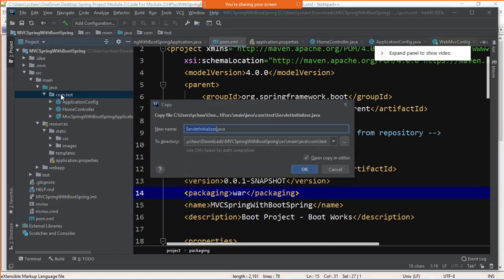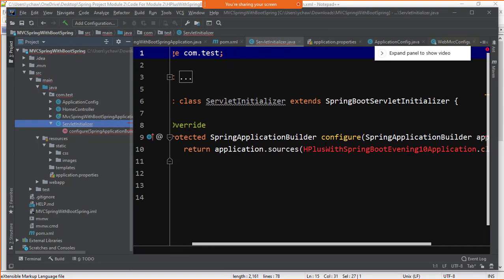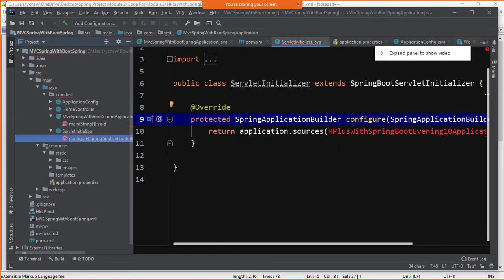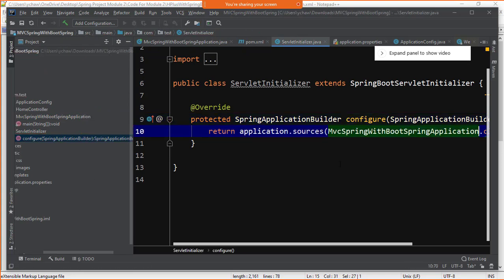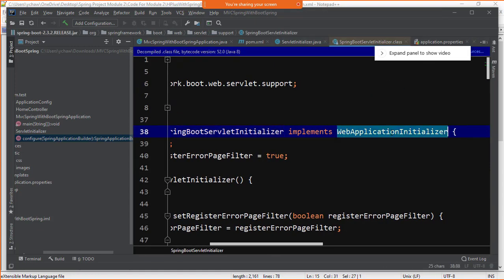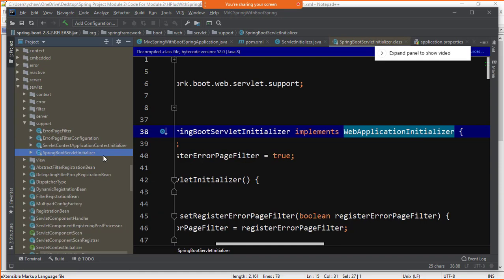There was one more class required over here, which was the servlet initializer. I need to mention this MVC Spring in this very class. Once you create a war file, all this will not be required. And I was saying in the previous project you were using web application initializer, that is there in the Spring Boot servlet initializer also.